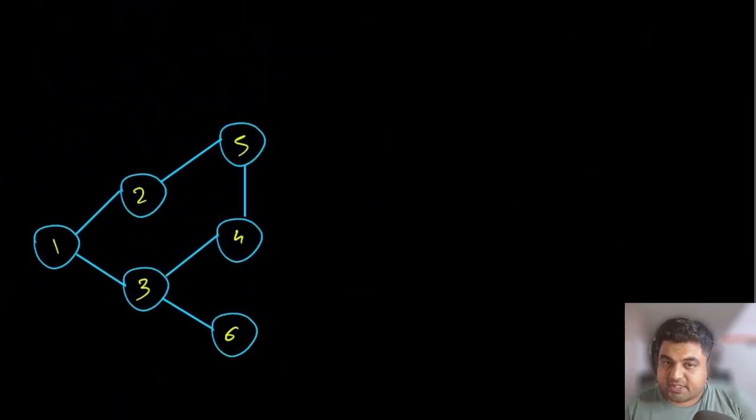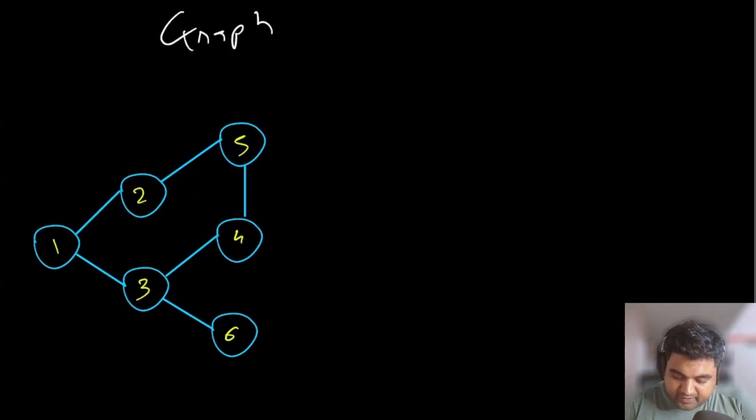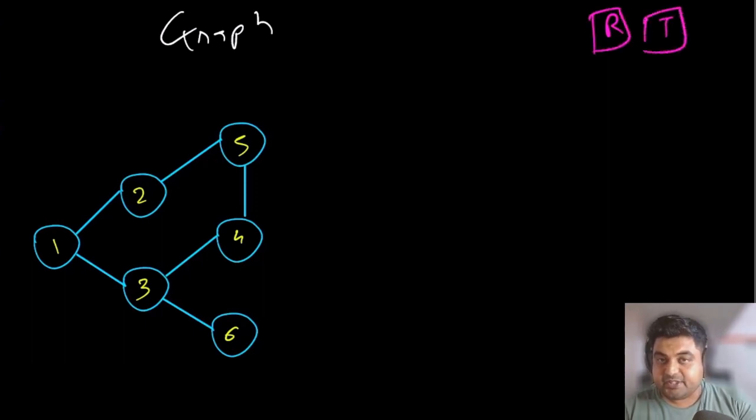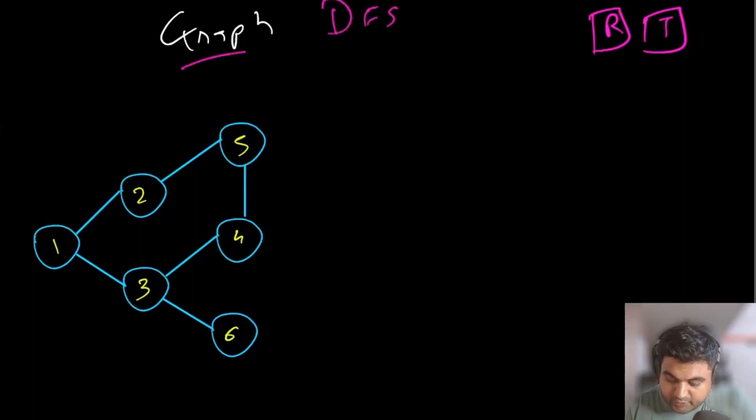Let's see how the logic is going to change or remain the same for a graph structure as well. Even for a graph, the logic is going to remain the same. We are going to have our recursive function. We are also going to have some terminating condition that defines when the node has been completely visited and we can move forward. And since in the graph we are applying depth first search, we are going to keep going in one branch before going in the other branch. So say, for example, in this graph, we start iterating from node number 3, because in a graph we have the flexibility to go in any particular direction.